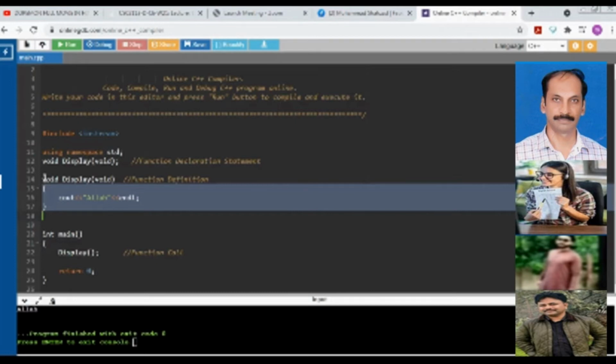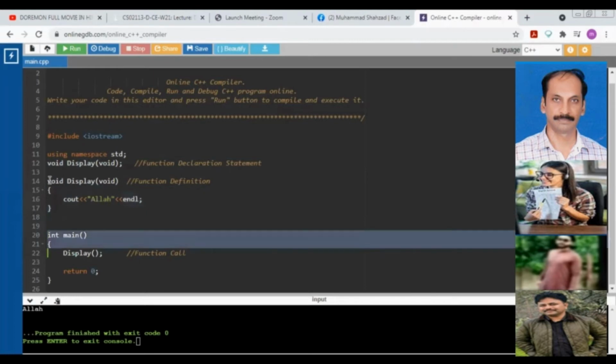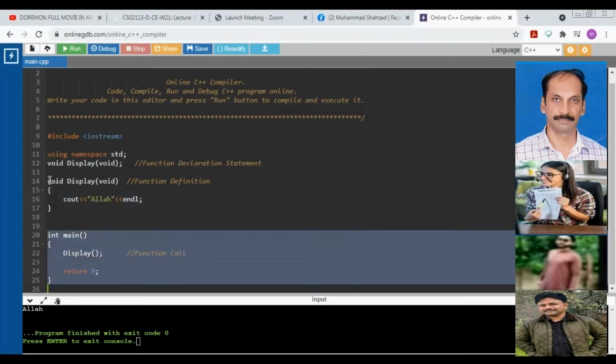And the last thing for exploring the program, my dear, the main function that begins with the line number 20 and ends with the line number 25, my dear. Yes, sir. And within the main function, my dear, we have written one thing.